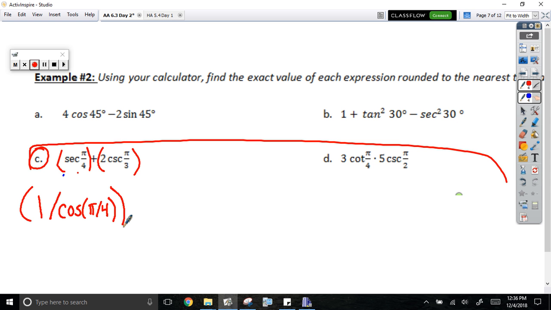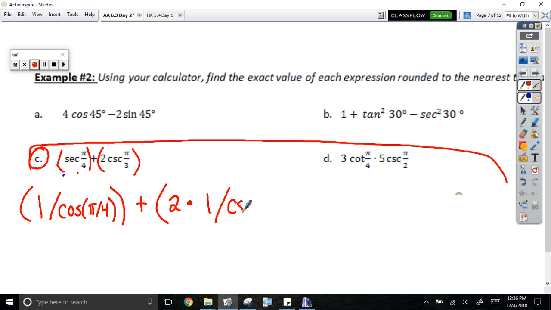And mine are looking bigger on the board. On your calculator, they're going to be all the same size parentheses. Okay, then a plus sign, excuse me. Another parenthesis, 2 times. And cosecant, you don't really have to put parentheses around it. If you want to, it won't hurt to put another set of 1 divided by. It's up to you. But 1 divided by,